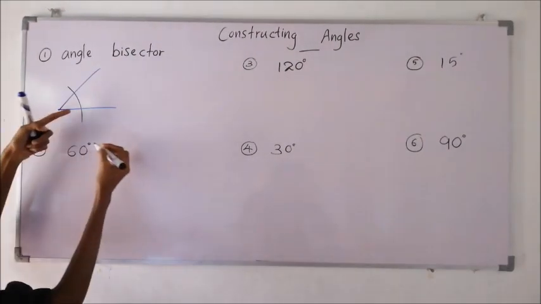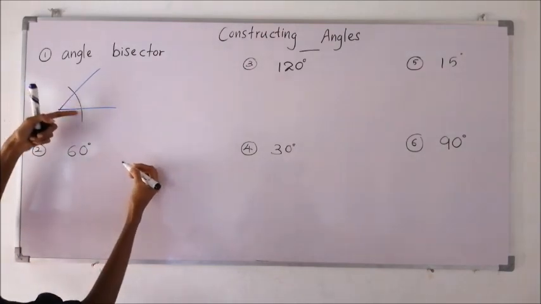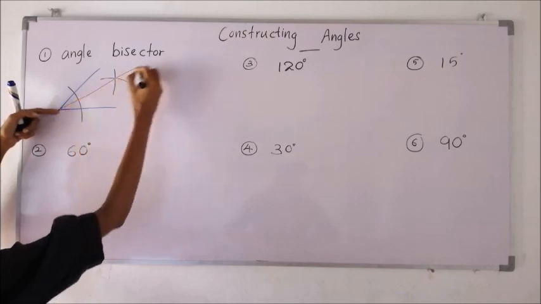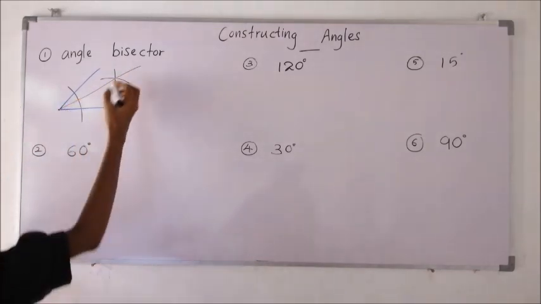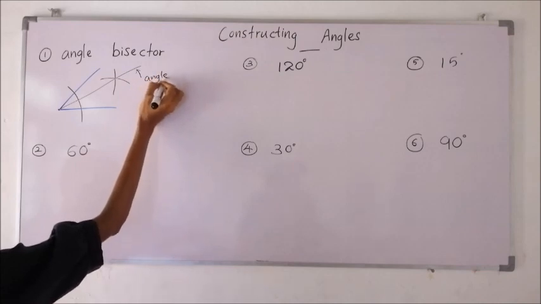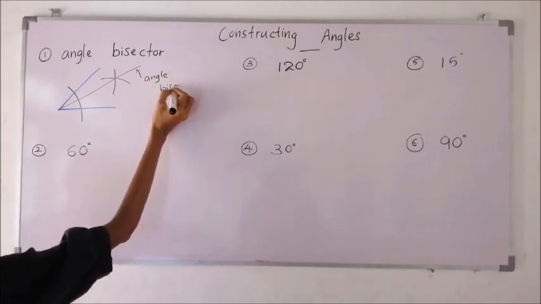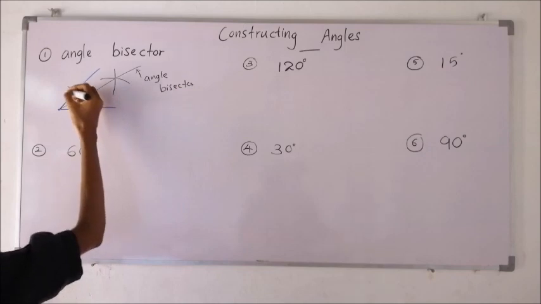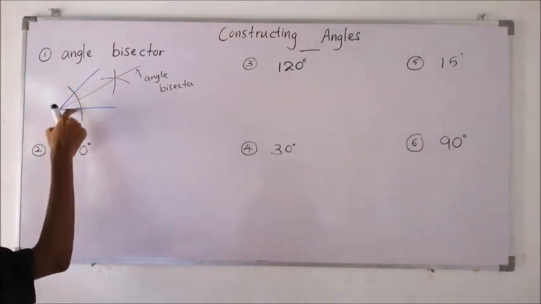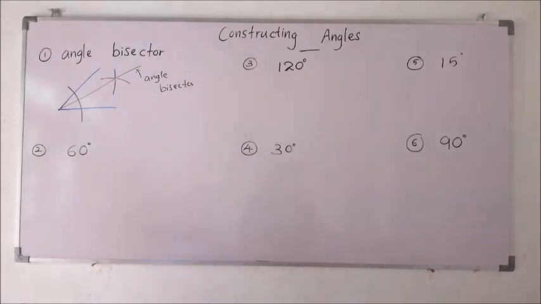After that, keeping the middle point at these 2 new points, you can draw another 2 arcs. Join the vertex point and this intersection point. This is called the angle bisector. Earlier you even learnt angle bisector. Just think, this full angle is 60 degrees. Now we can see 30 degrees from either side.